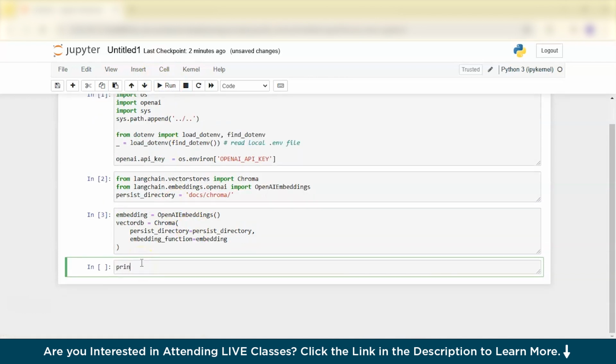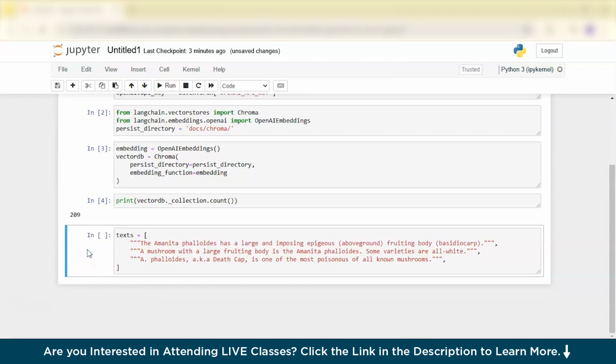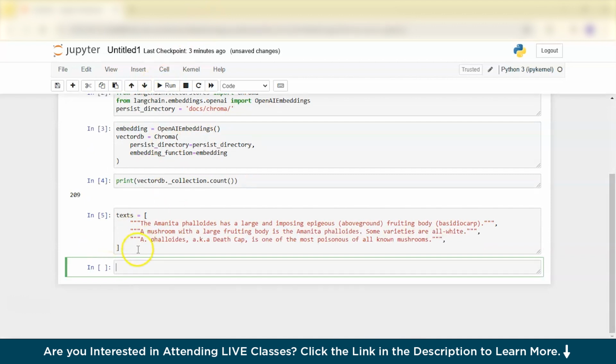Now we'll try to print vector DB dot collection dot count, and we'll run this. After looking at the collection count, we can see this is the 209 documents that we loaded before. So let's now begin with maximum marginal relevance, MMR. We have all this text that got loaded, and all of it is about mushrooms. So we'll create a small database